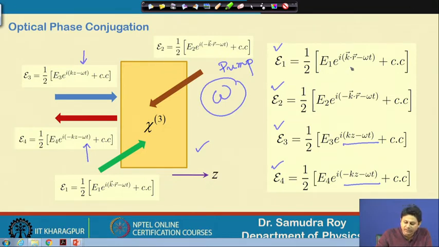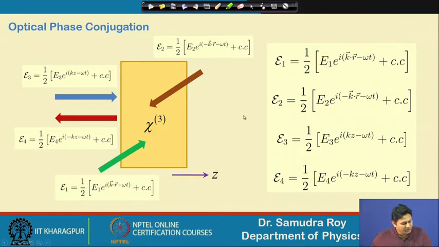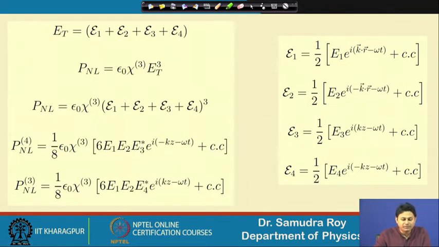So, that is why the plane wave structure is k dot r minus omega t, and here also minus k dot r minus omega t, because it is in the opposite direction. So, 4 waves are now in our hand. So, next thing that we will do, we will use the simple process that we have been using in studying